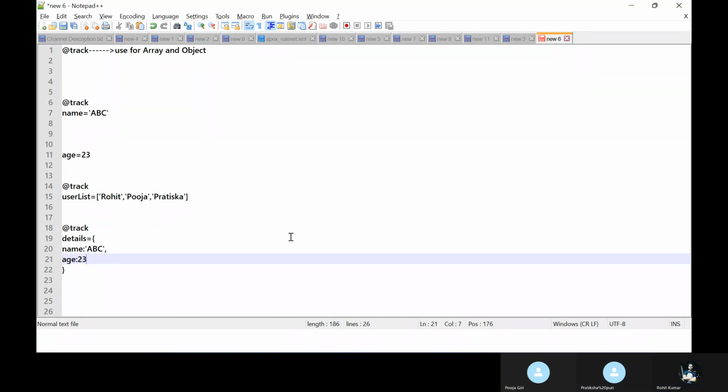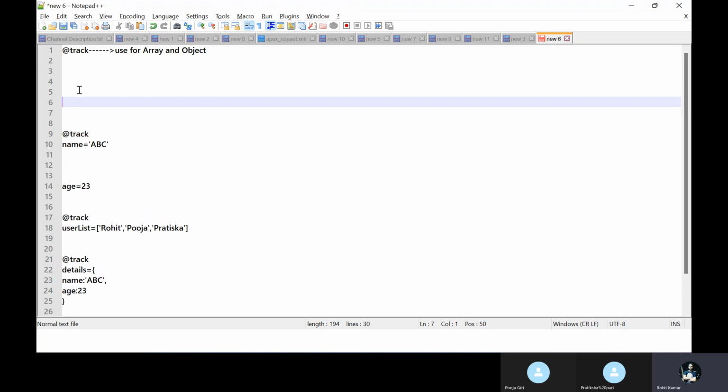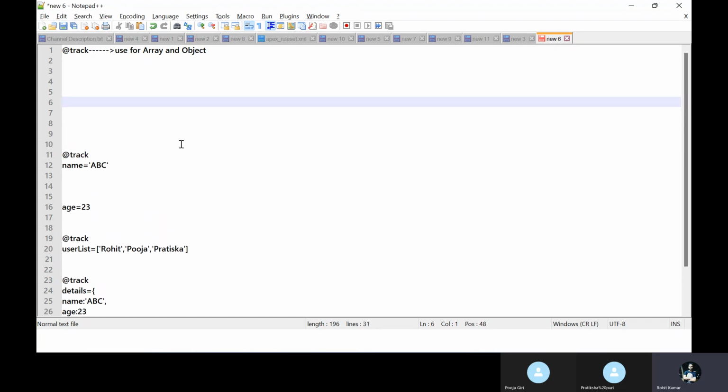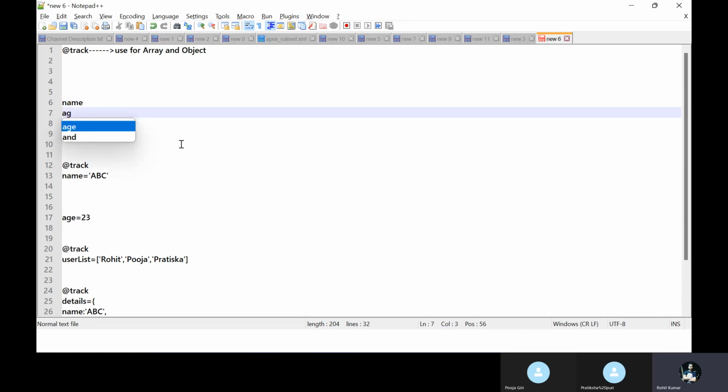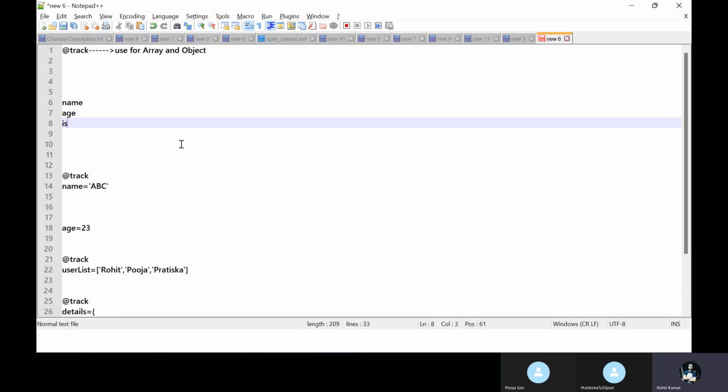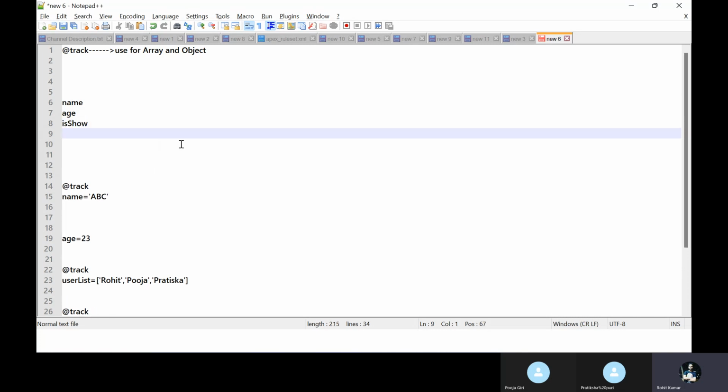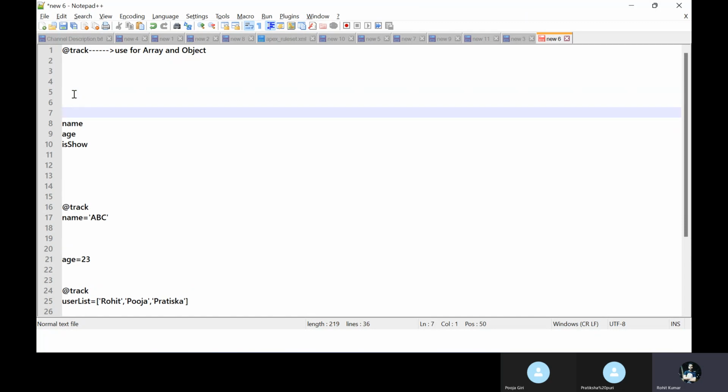No, it's clear now. Okay, so if you have some normal property like a primitive data type, always remember that for all primitive data types we cannot use @track. Please keep in your mind, like name is a string, age is a number, or a boolean value, or something like full name. These all are primitive properties, so we cannot use @track here. You can use it or not based on your requirement, but by default the nature is tracked.